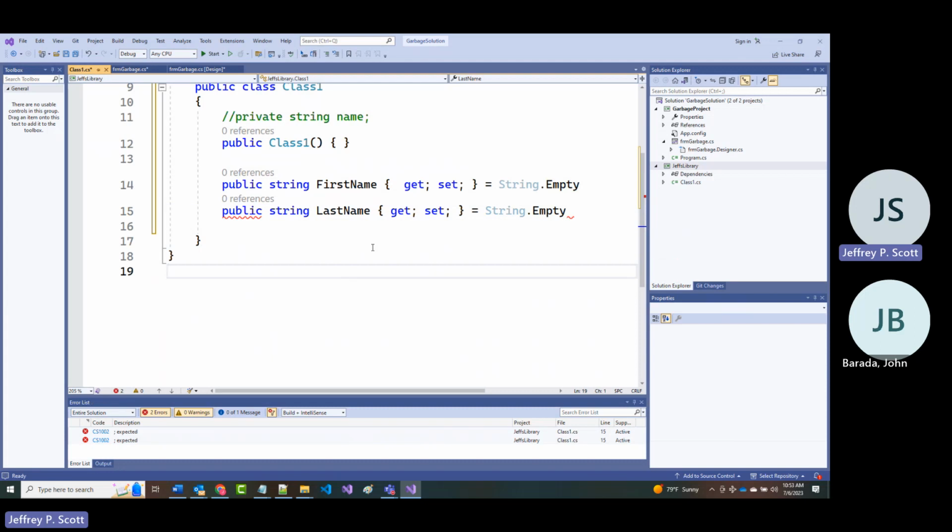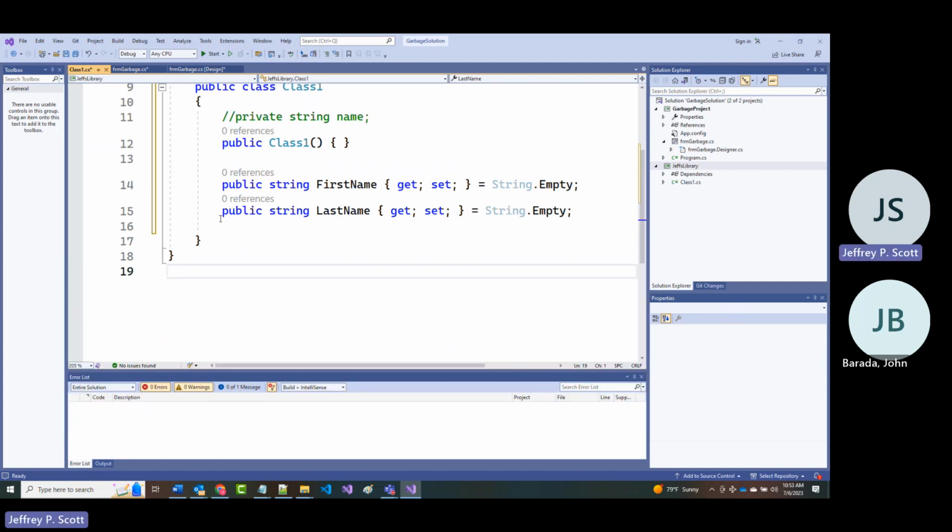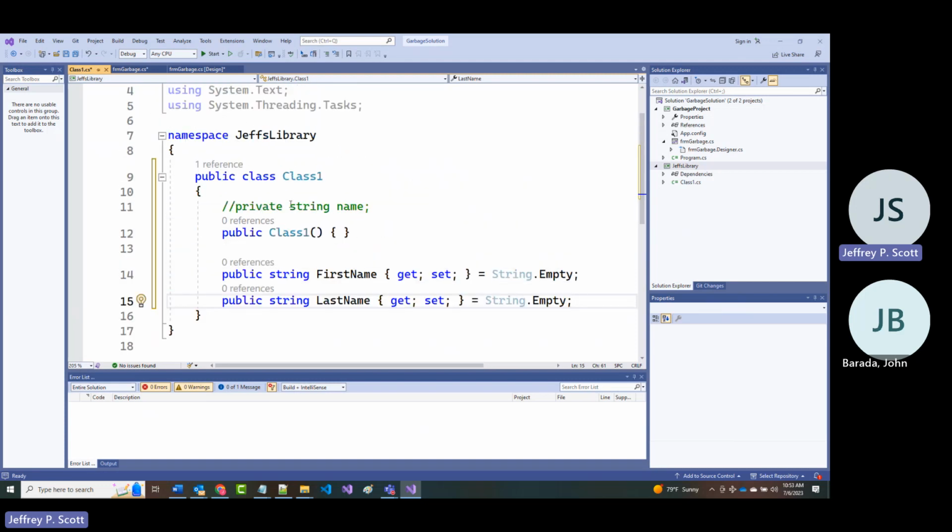Let's see what it doesn't like. Does it want a semicolon at the end of each of these? Okay, now I've got no errors, no warnings, nothing in here. See that? Okay. So there's the first one. Fine. I've created a class that's got first name and last name in it, and that's it.